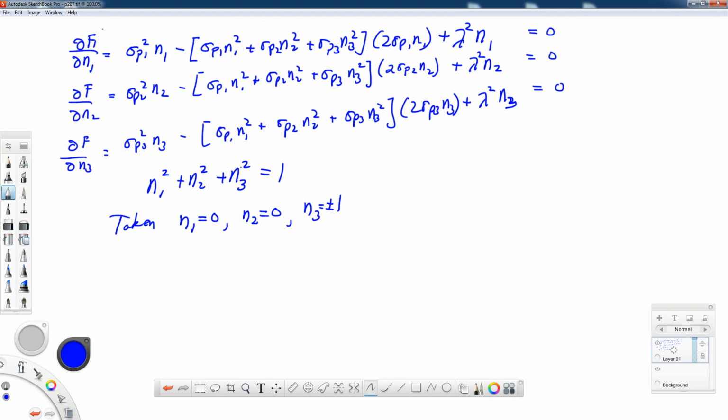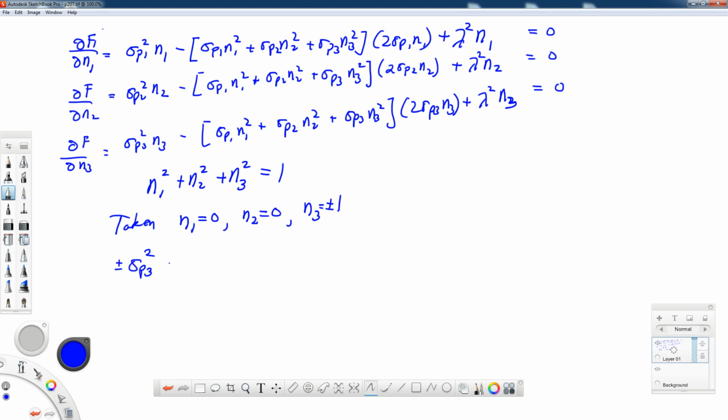Okay, let's see what that does. If n1 is equal to 0, the first equation is 0. If n2 is equal to 0, the second equation is 0, because it's got an n2 right here, in this term, this term. Now if n3 is equal to 1, then we're left with the third equation giving us sigma p3 squared,